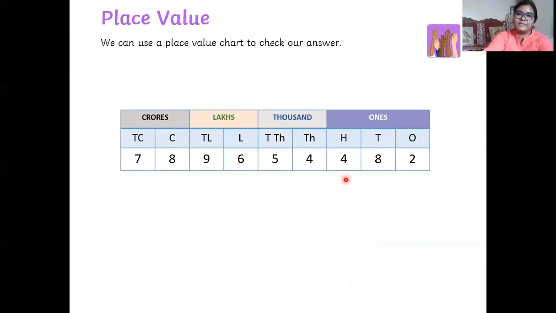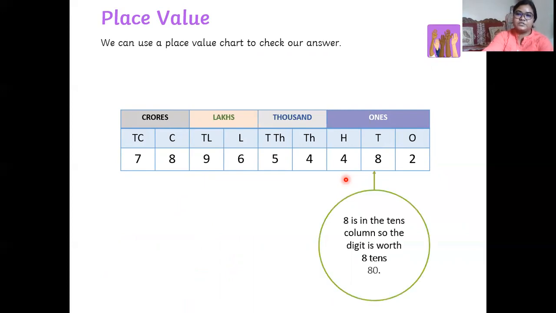So this is how you have placed the digits in the place value chart. All the digits have been allotted to their places and periods. So the underlined digit was 8. So 8 here lies in the tens place of the first period, ones. So here the value of 8 is 8 tens, that is 80. 8 tens is 80. So this is in words and this is in figures.